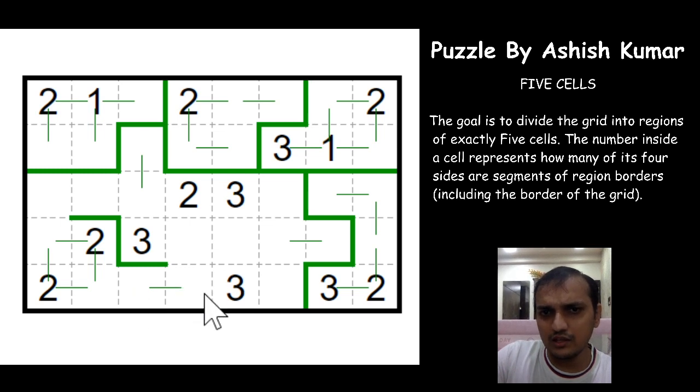So there are actually 6 cells, in which this 3 has to be part of this cell, and we have only 4 cells now, right? This 2 also cannot come with it because it will form a 3 now. So we conclude that this cell is a part of this region, which completes the puzzle easily. So if it goes with the 2, then you have 3 cells for the 2, so it has to go with the 3 this way.